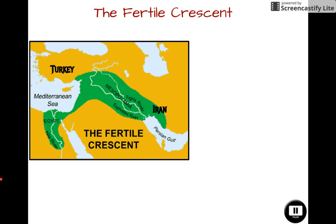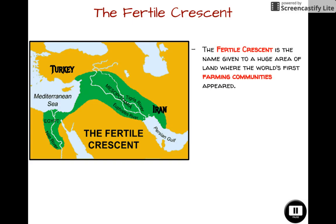So this is a better map that kind of illustrates this point a bit further. We see from the Persian Gulf all the way into Egypt this really great farmland that would have been in what we would assume today is the Middle East. So the Fertile Crescent is the name given to a huge area of land where the world's first farming communities appeared. So within this green region, you would have found people living in permanent locations and practicing agriculture beginning around